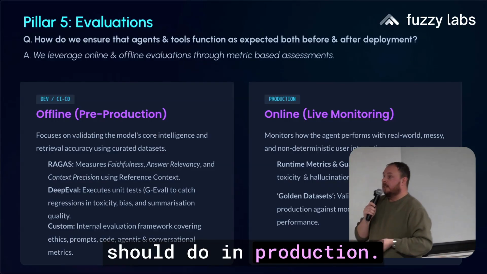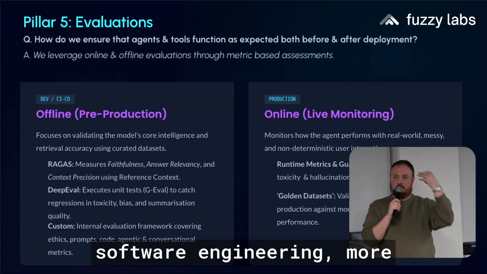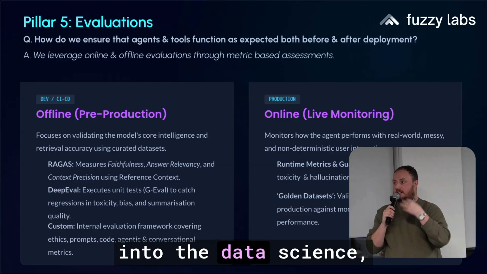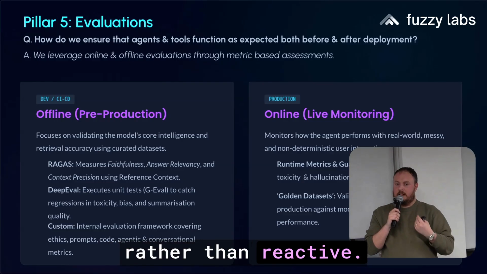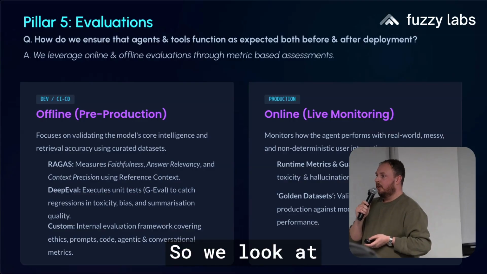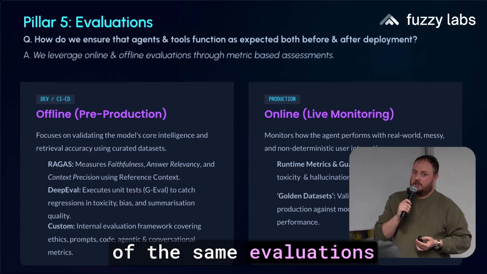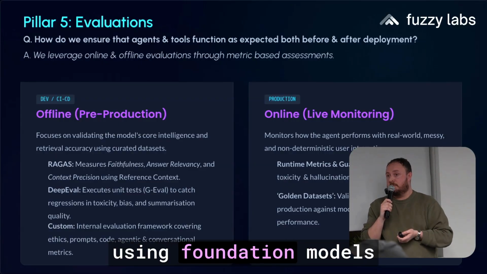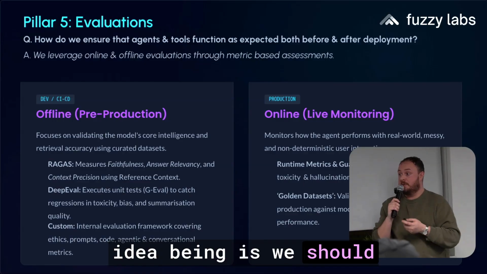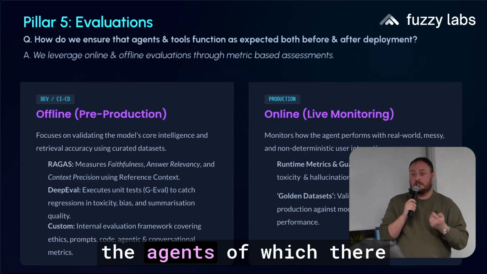But then, and this is probably the difference from traditional software engineering, more into the data science, machine learning, it's that live monitoring, and actually it's proactive rather than reactive. So we look at runtime metrics, we look at running some of the same evaluations using golden data sets in production. We know that we're using foundation models predominantly, but the idea is we should be able to use any model. So we should be able to use a trained model for the agents,